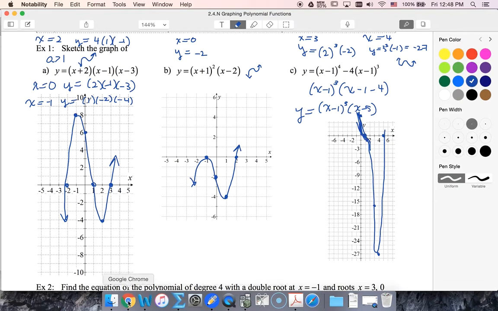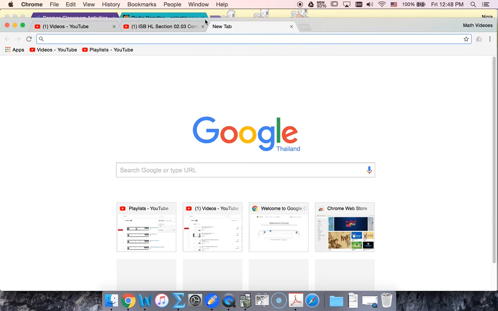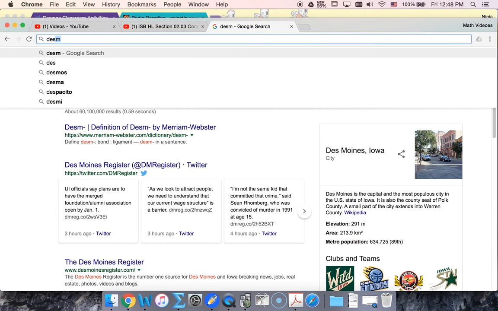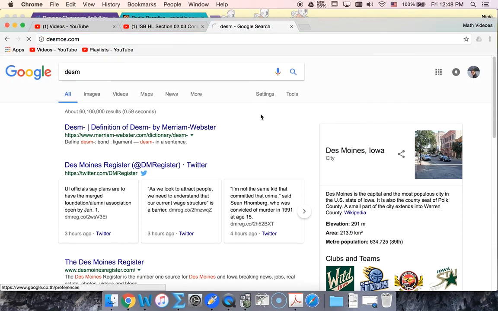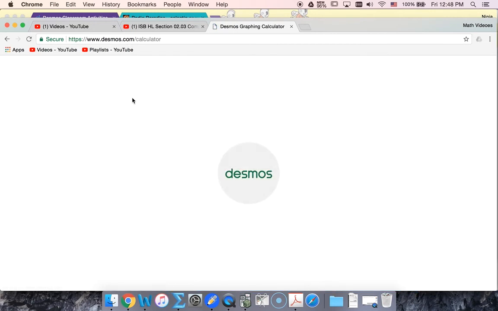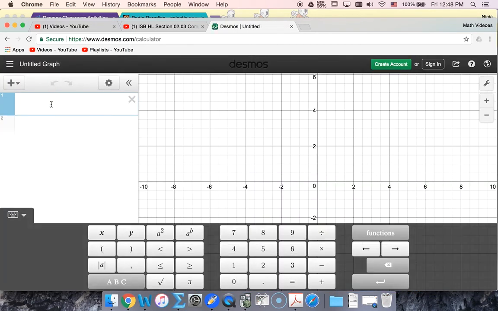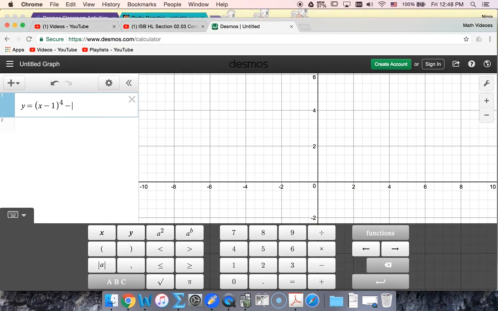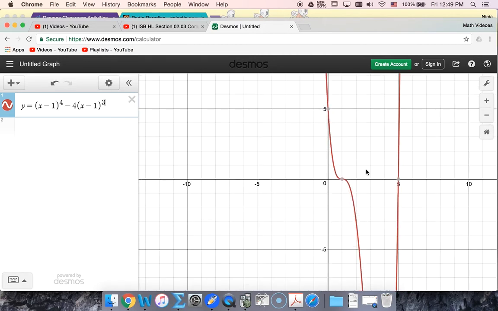Let's look at Desmos and see what that actually looks like a bit better. So our original was y equals x minus 1 to the 4th minus 4 times x minus 1 cubed. And so notice, here's where it looks cubic, and then if I zoom out,